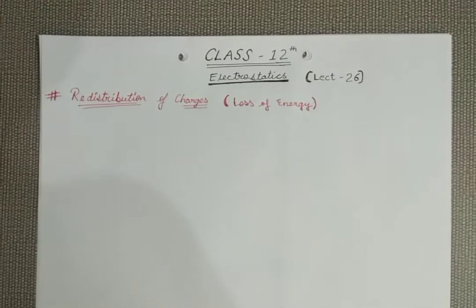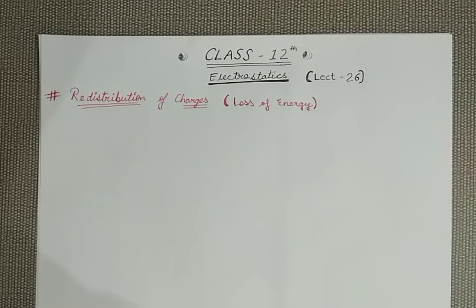So this is the 26th lecture on electrostatics, and in my previous lecture we discussed the types of combination. We studied the series and the parallel combination of capacitors. Along with that, we have seen how energy is stored in the capacitor in the form of electric field lines. So these two topics in the previous class were very important, and today we are going to start